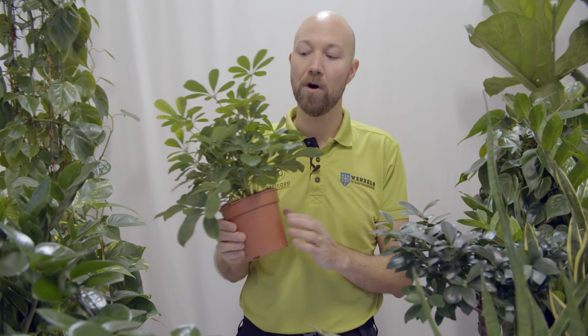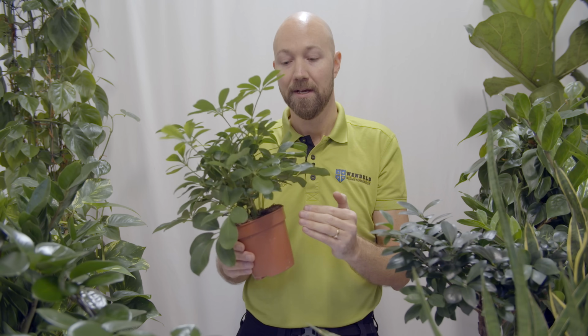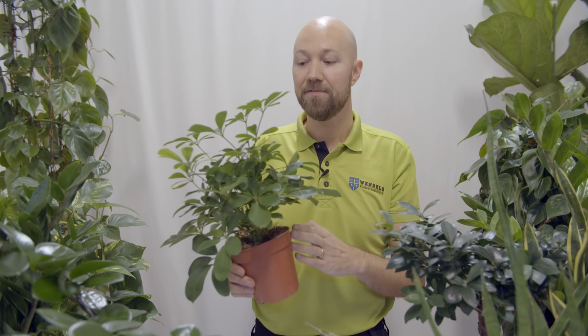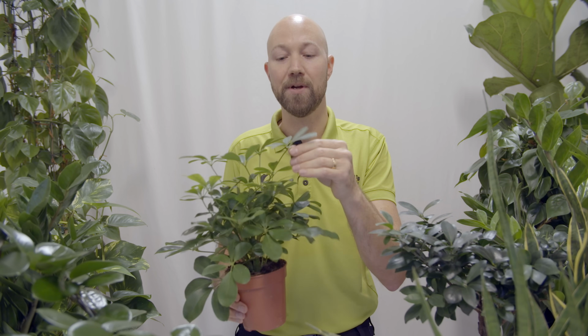What happens then is that all of the water inside of your pot, if it is just 20% humidity outside here, and you have 100% humidity inside your pot, that water wants to evaporate into the air as fast as possible because it wants to level out that difference in humidity. And what the water will do is actually, some of it will evaporate from the soil, but most of it will evaporate. It will go into the roots, up the stem, out to the leaves, and evaporate straight from the